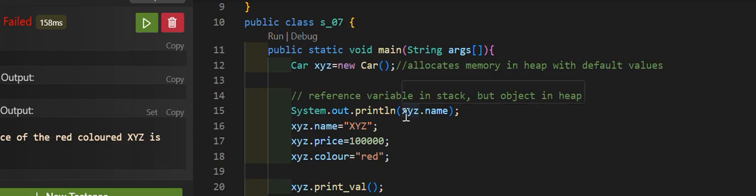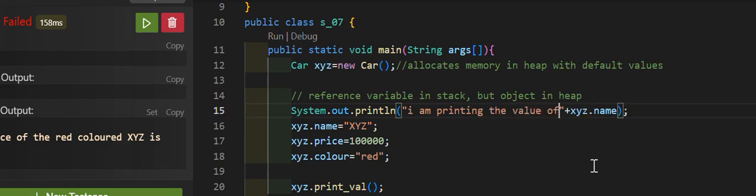Okay, let's do one thing. Let's write something very basic over here. I am printing the value of the name of my card.